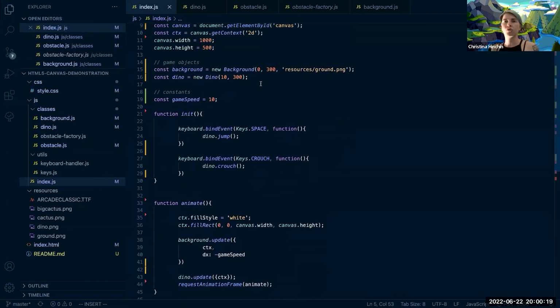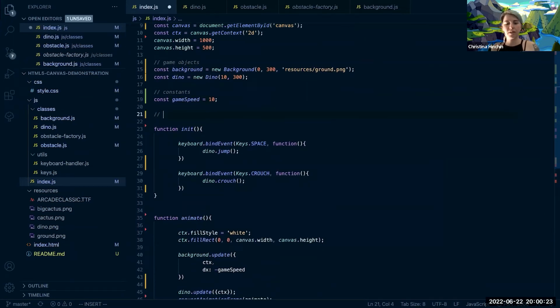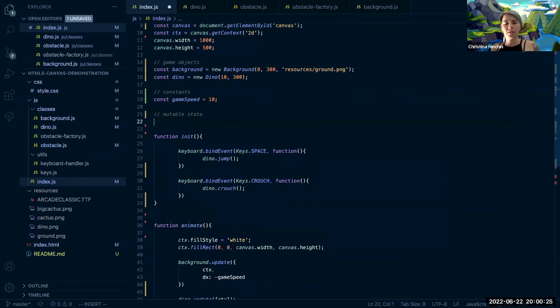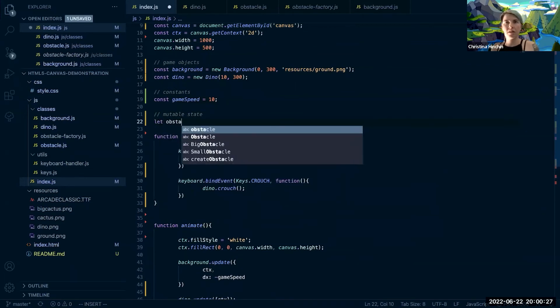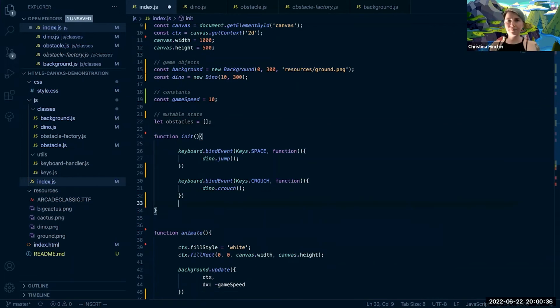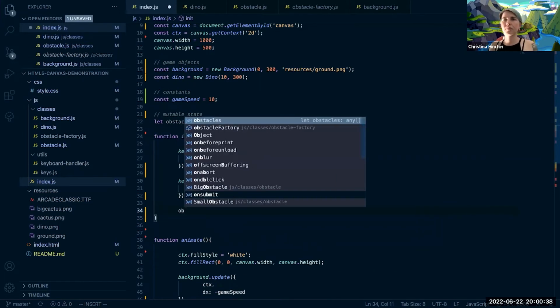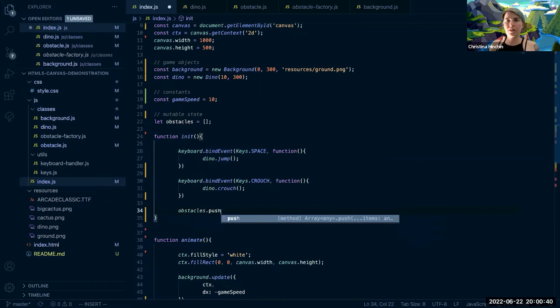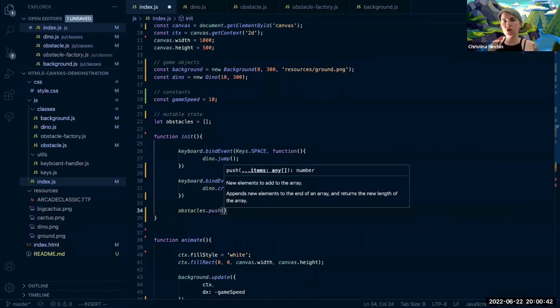And let's create an array of obstacles. And for now, just to see if our factory method is working, let's just push something in there,